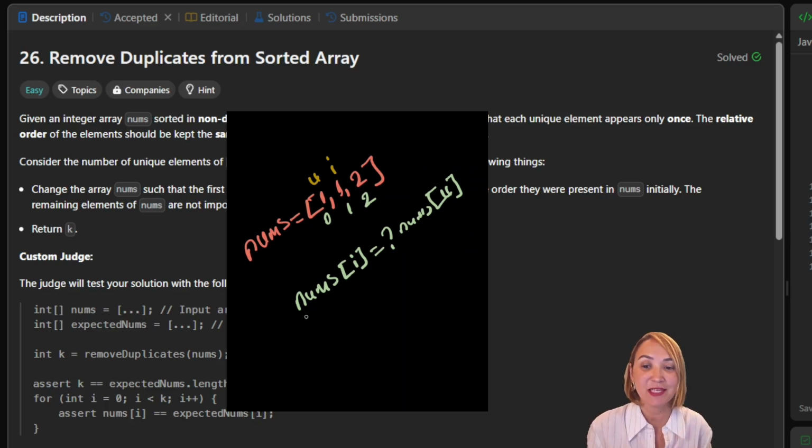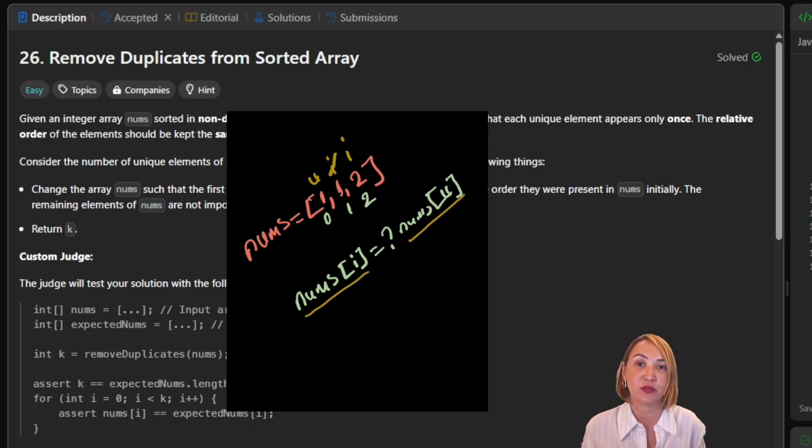Let's check example 1 together. Start with nums equal to 1, 1, 2, and uniqueIndex is 0. The index is 1. Compare nums[1] with nums[0]. Are they duplicates? Yes. Skip. And compare nums[2] with nums[0]. nums[0] is 1 and nums[2] is 2, and they are not equal to each other.